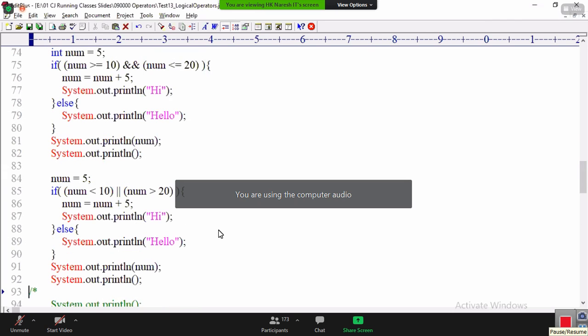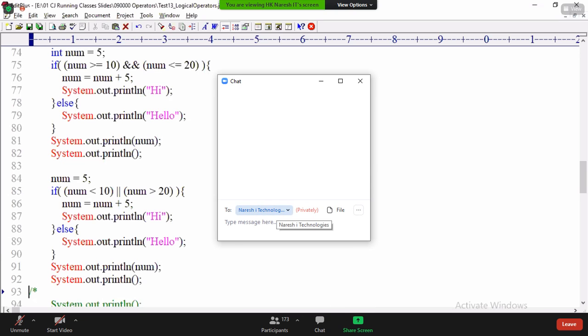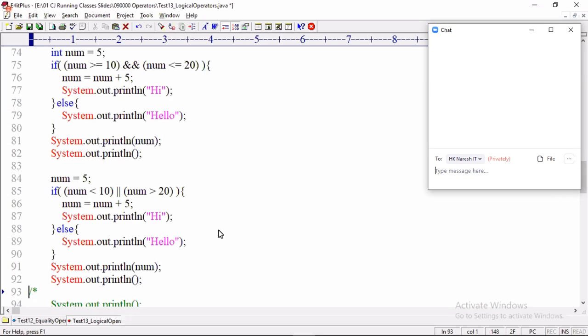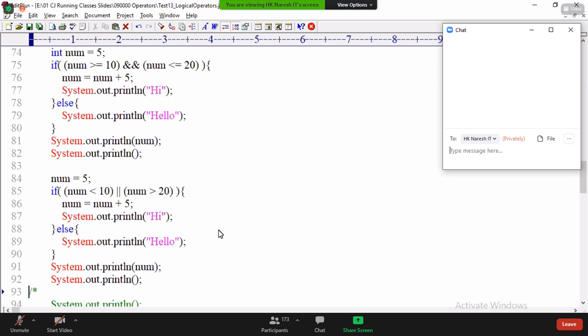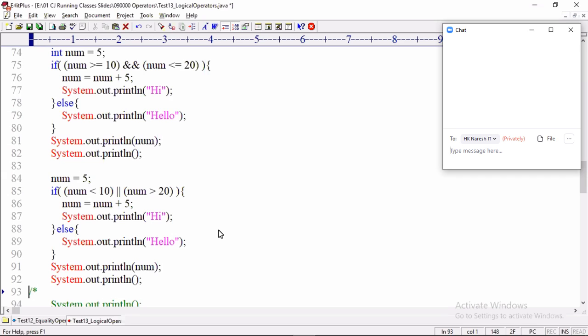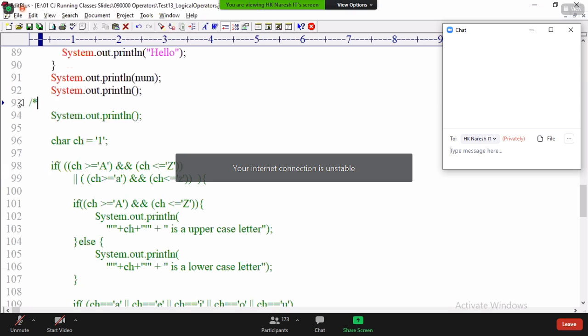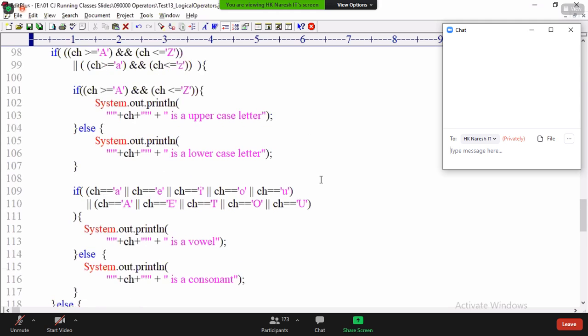Coming outside of if else, what will the output be outside of if else? Okay. Only operators you cannot work. Right. What is the big program I have written? What is this program? Can you tell me? I've written a big program with double ampersand and double pipe.